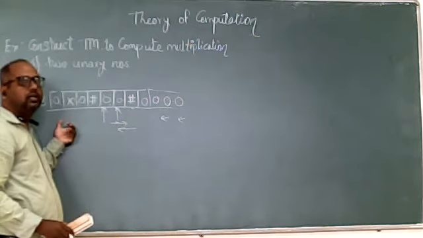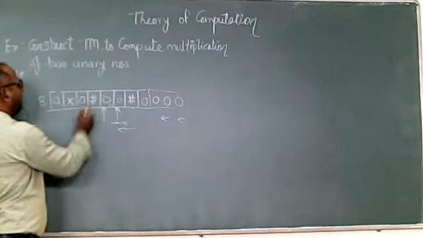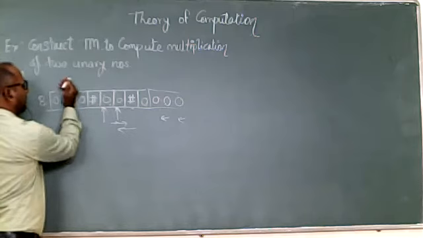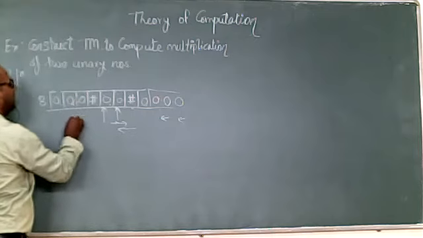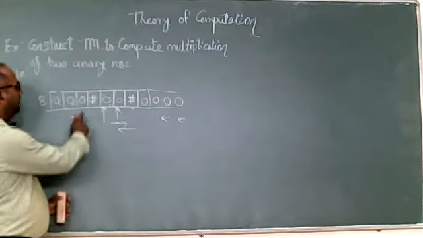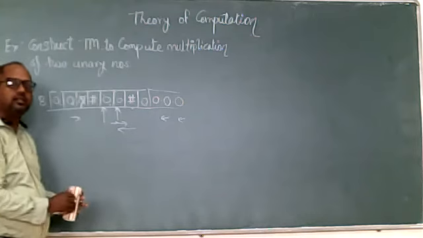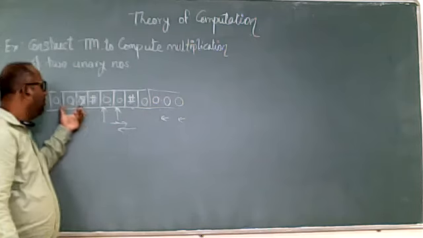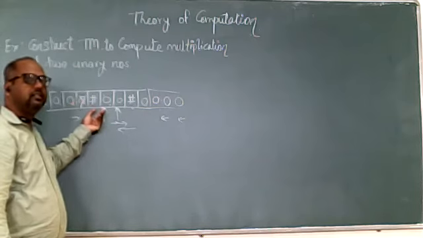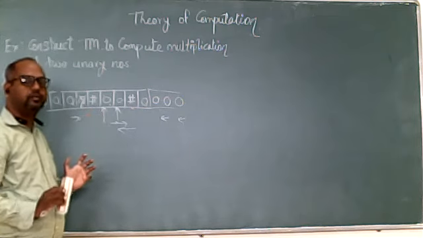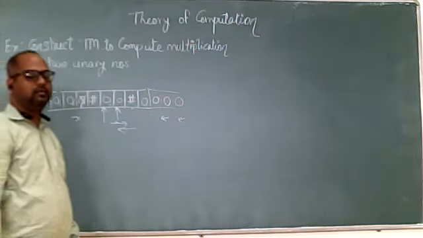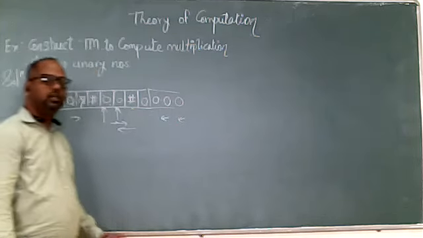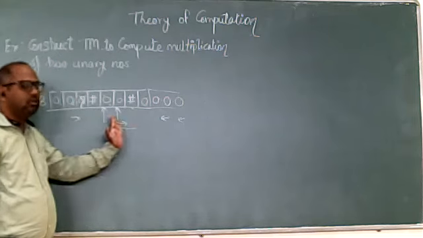Now we move again to the count part. Skipping everything, we come to the X of counting. Make this X a 0 and change the direction. Now count the third. Repeat the same. When your counting reaches the X, it means we have to stop. So this is the basic logic of multiplication of two unary numbers. We just try to apply this logic and design